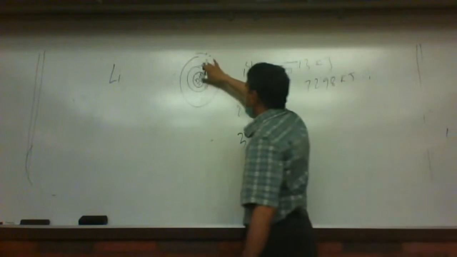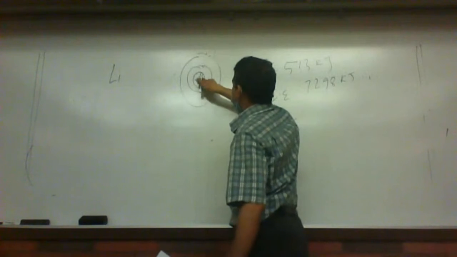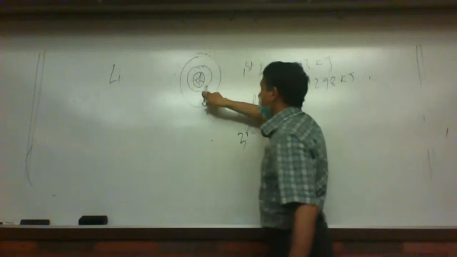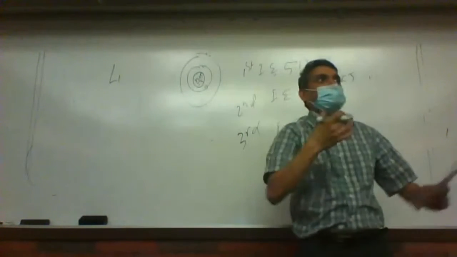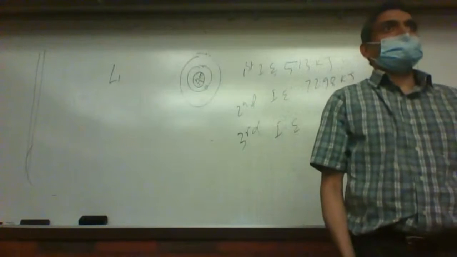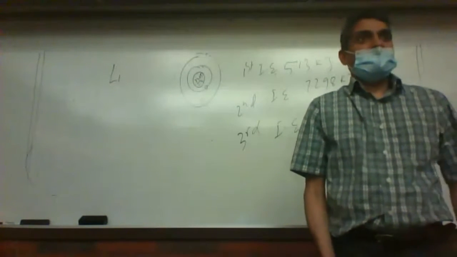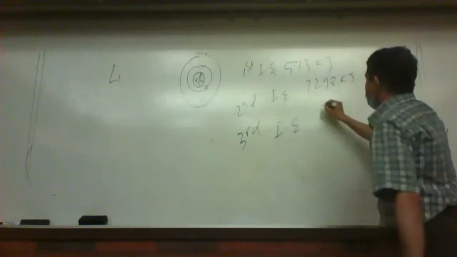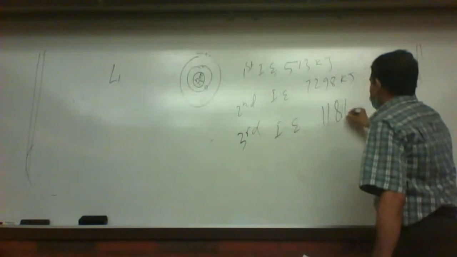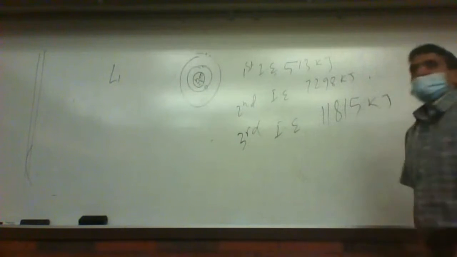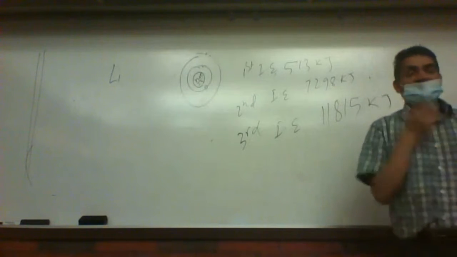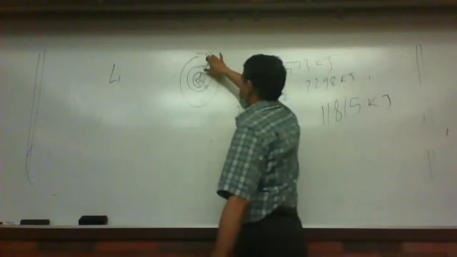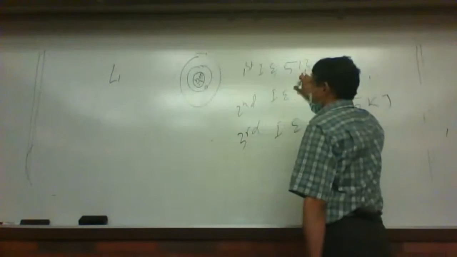For the third ionization energy, when you remove this one, you have 3 protons acting on only 1 electron. So it takes even greater energy to remove the third electron. Make sense? That is 11,815 kilojoule. So from lithium, if you want to remove the outermost electron, you just give 514